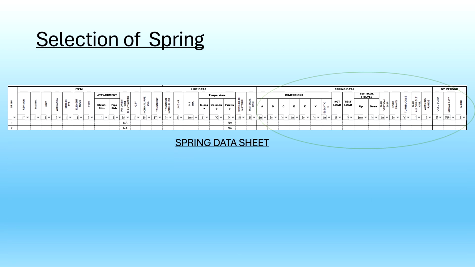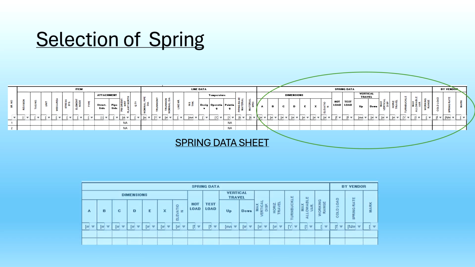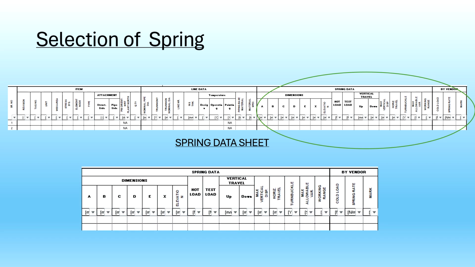Selection of springs. Now let's see, this is the spring data sheet, generally prepared for the vendor to order the spring. Here the circled one has all the technical data, and the left one shows the dimensions. The spring data has the hot load, which we have to provide, test loads which will be the hydro pneumatic load, vertical travel which will be the thermal displacement, maximum displacement which will be in the upset conditions,